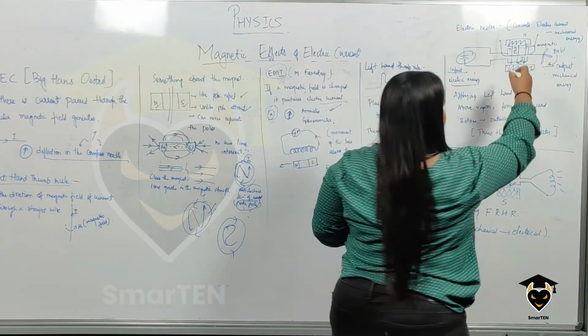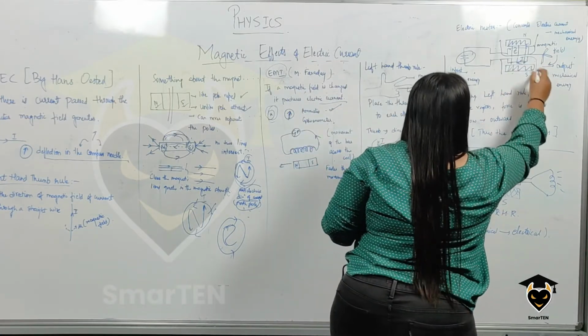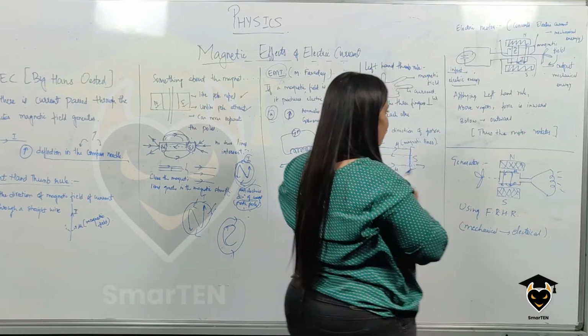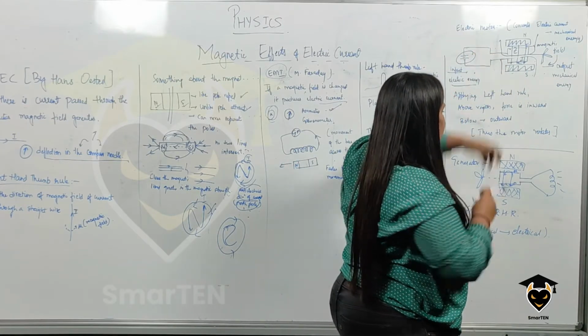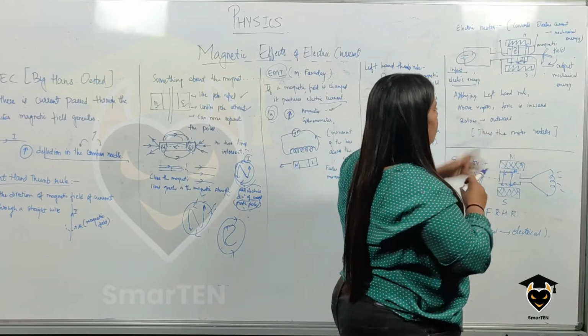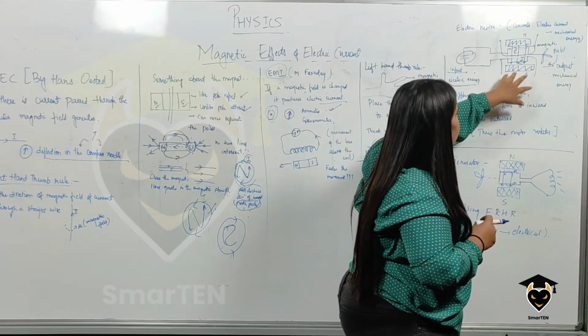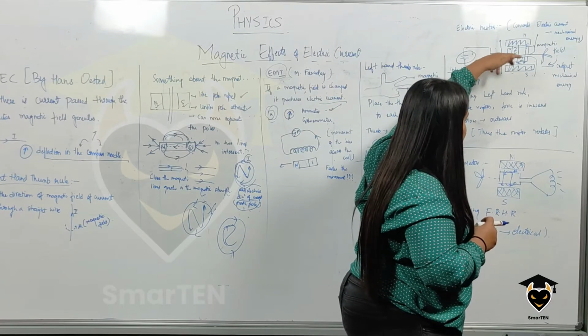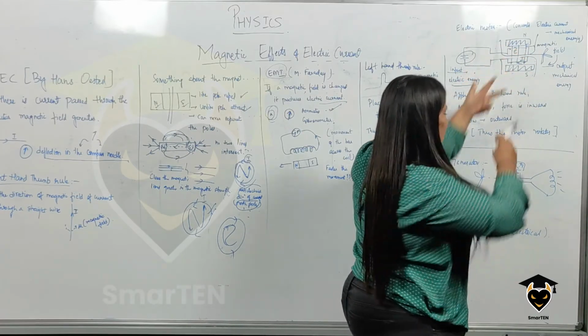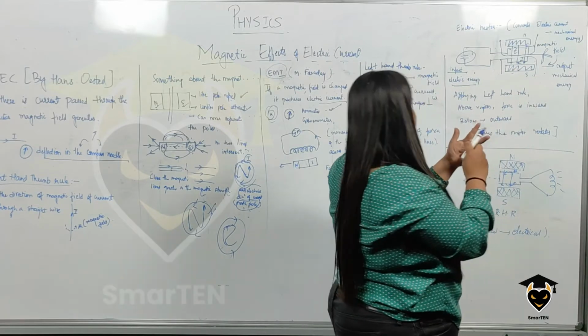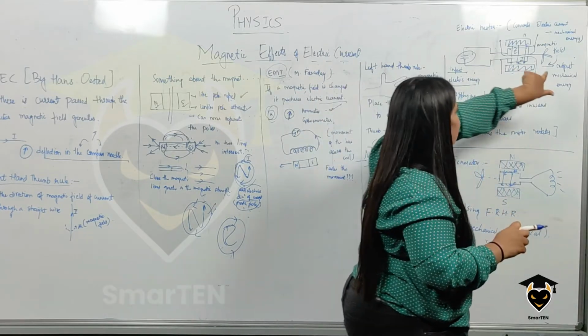Now again, I'll take the below region, or the down part. What is happening? It will be the opposite direction. Why? Because the force will come outwards. Now the current is in this direction, so I have to keep the finger in such a way that the current is in this direction. Current represents the middle finger. So if I keep it like this,